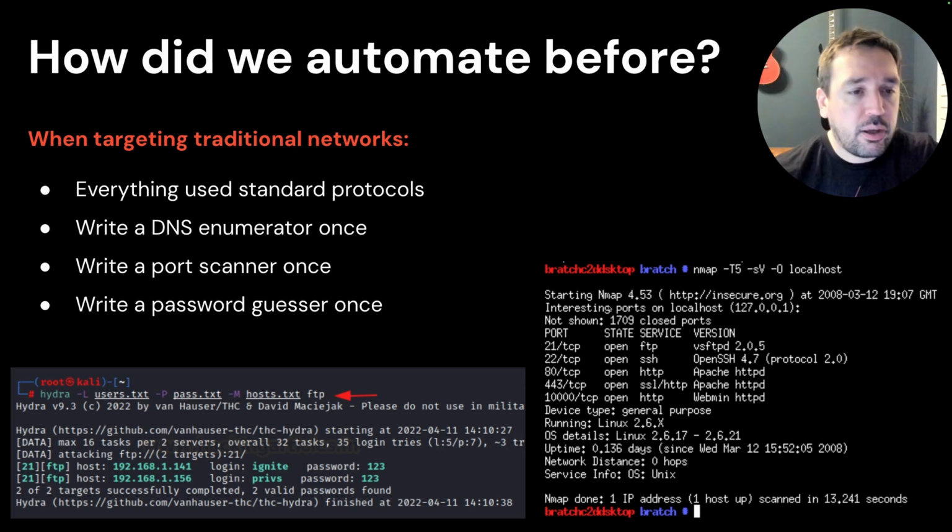You want to identify live IP addresses and open ports. You write a port scanner once. Okay, a huge amount of work has gone into Nmap over the years. It's a very advanced port scanner, but realistically, you could write a very simple port scanner very quickly. And then that's it. You can identify live IPs and open ports anywhere in the world automatically. Same with a password guesser. You can write Hydra, you write a basic password guesser once, then you need to write a plugin per protocol, but that's it. You want to brute force FTP, brute force SSH, Telnet, you write a plugin for each individual one. But even then, it's really simple.